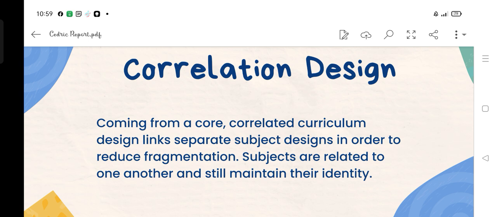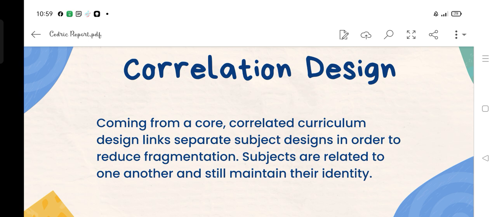So, for example, English literature and social studies correlate well in the elementary level. So, in two subjects, while history is being studied, different literary pieces during the historical period are also being studied. So, the same is true when